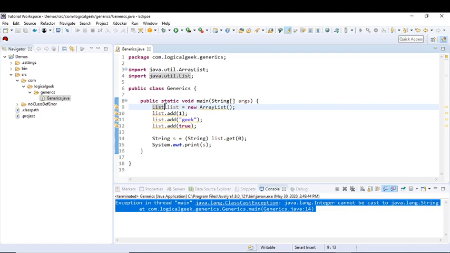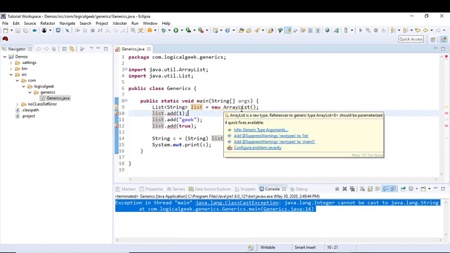To do that, in angle brackets, we have to provide the type of this collection. So we'll give String to it. Now as you can see, we got two compilation errors, one at line number 10 and the other at line number 12. So this collection is now a generic one and it can now only hold string objects.